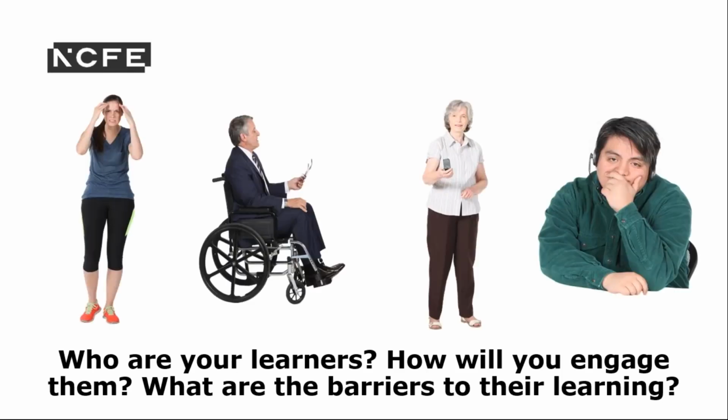If we just take a little look at the different types of people represented in this slide, can you think of any sort of hooks from that content that will help these people benefit from the qualification and how that will impact upon your ability to engage them? So if you can just let me know your answers in the question box, that would be great. So what barriers to learning could these have, and how could these be overcome? So what types of barriers from these images do you think they could have?